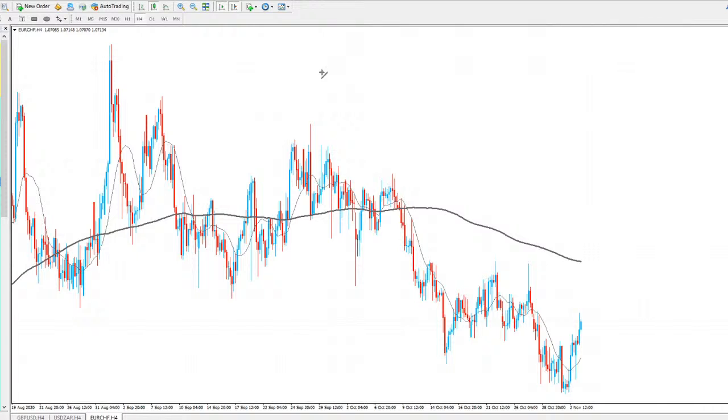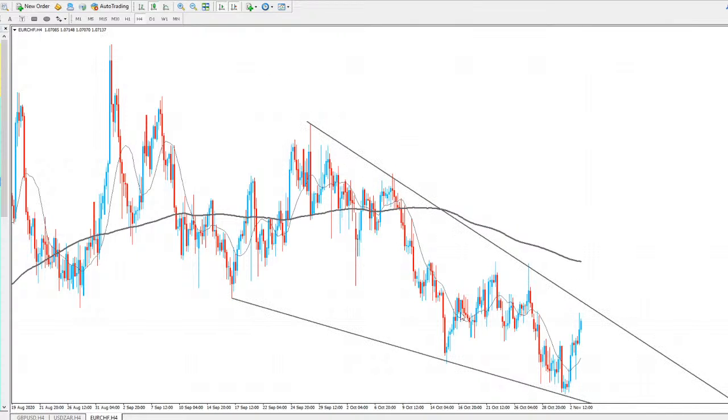But I gave this one out on the Telegram channel, and as you can see, we are starting to look bullish again on this one. We do have our trend lines coming to the market like so. I'm probably anticipating a break of this channel that we're in, of us squeezing between these two trend lines, and expecting a break to the upside for this one.